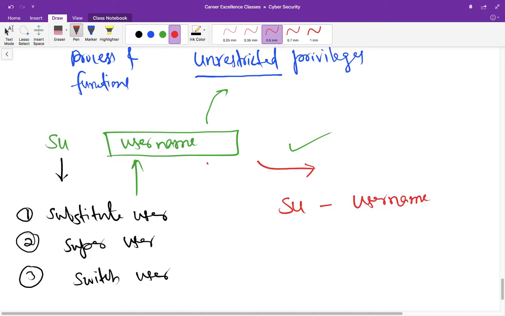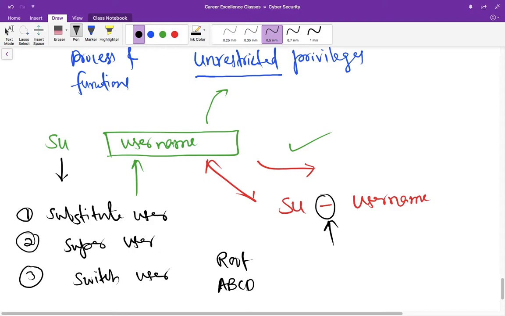So what is the difference between these two commands? You can omit the hyphen, but you should not, because if you omit it you can experience different results from what the user would have got from his own account, because the hyphen makes you log into another account with that account's environment variables. Let us suppose you are the root user and you are trying to log into another user abcd.